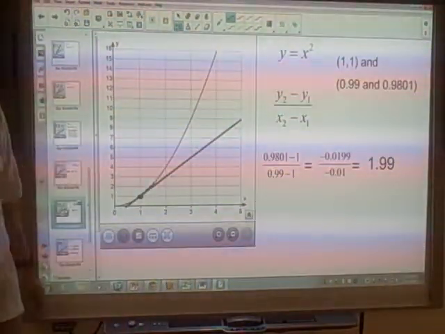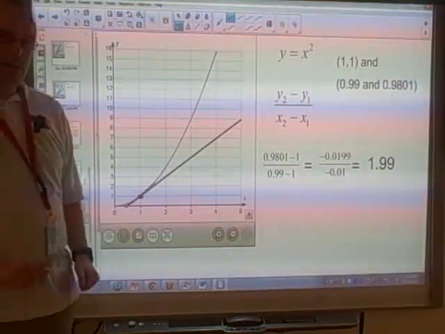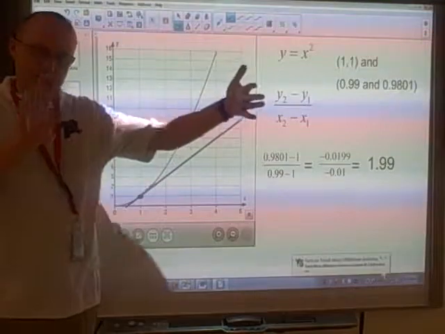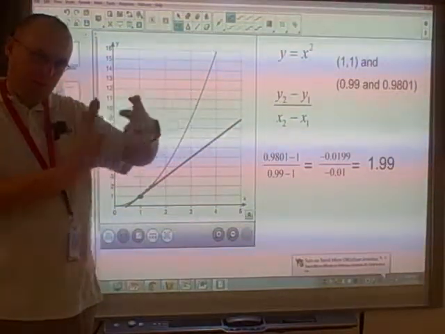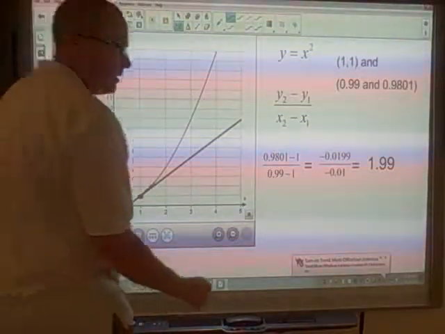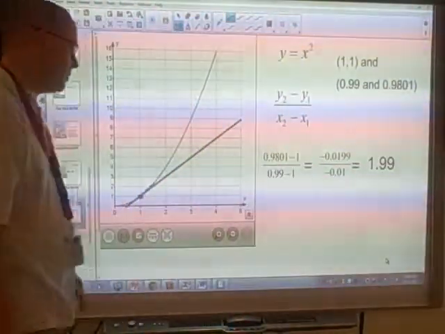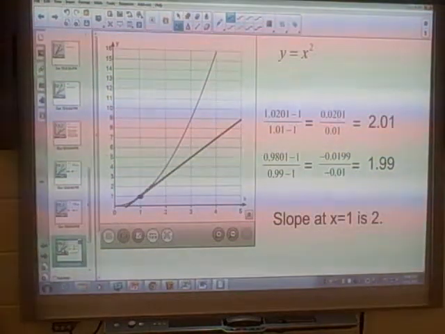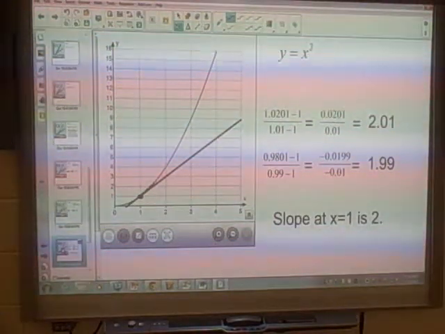So what we have here is what we call a limit. If we go to the left, we can see the value is 1.99. If we go to the right, it's 2.01. And we're sort of squashing these values to try and find what the actual value is. So using a little common sense for this, we can figure out that the slope actually is 2 with a little bit of rounding. So that's actually one other way we can find out what slope is as well